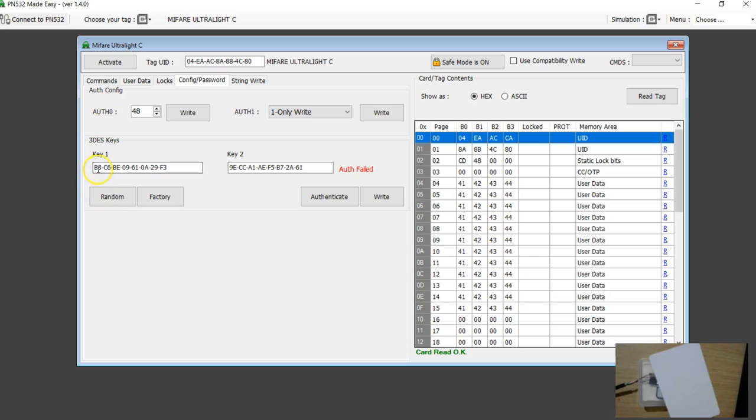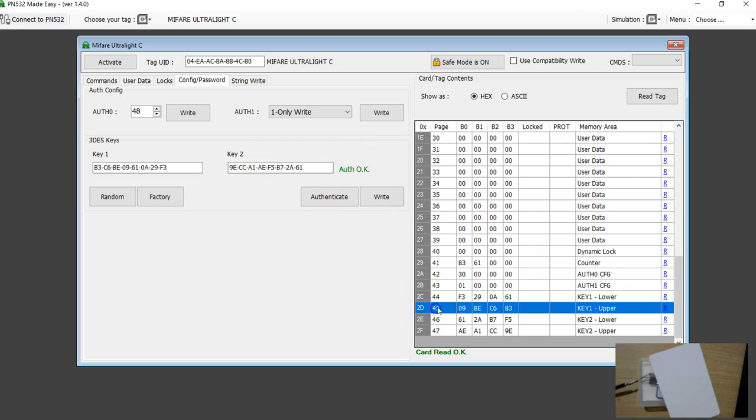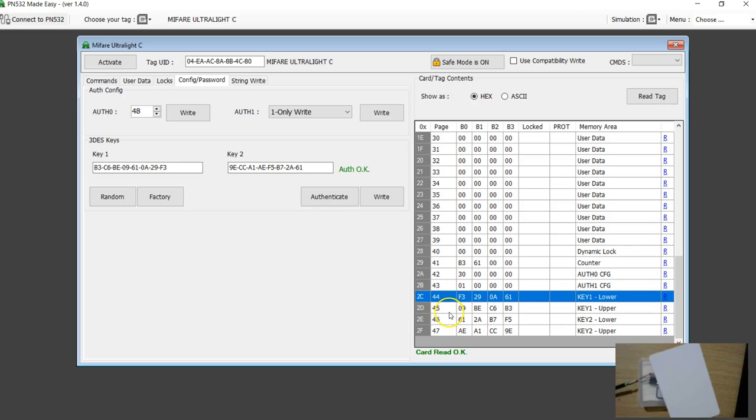Now here again this password has gone back. So I'm going to activate again. This time the activation is successful. So we just proved that the password write operation works for us. And now, if you want to change this password again, we have seen this before, you don't have to authenticate to change a password because none of the pages are protected here. You can do that, just take out the card,